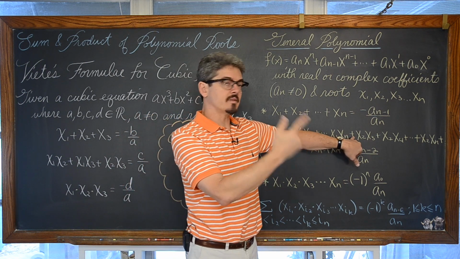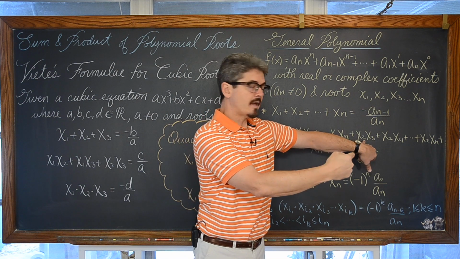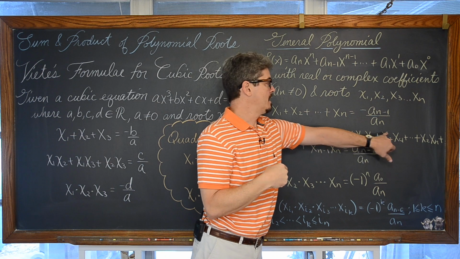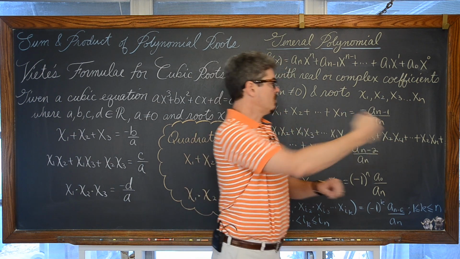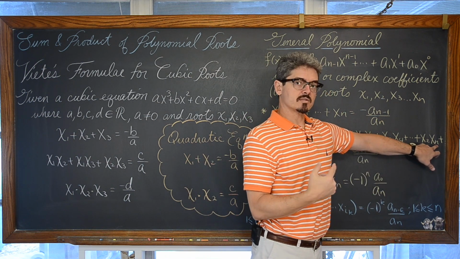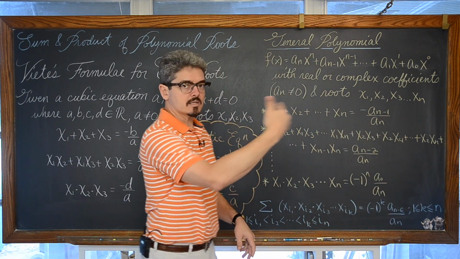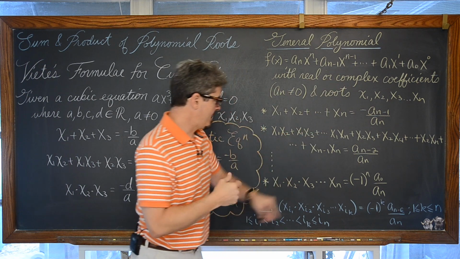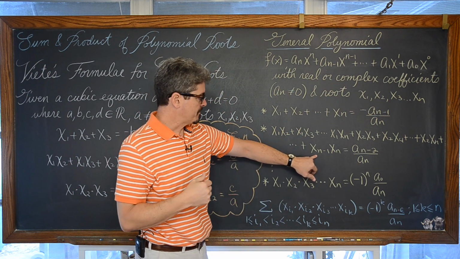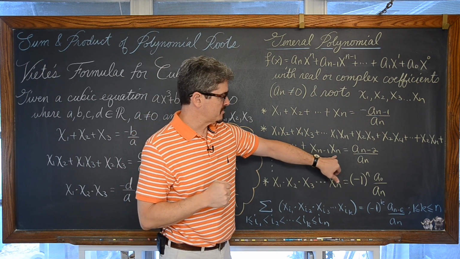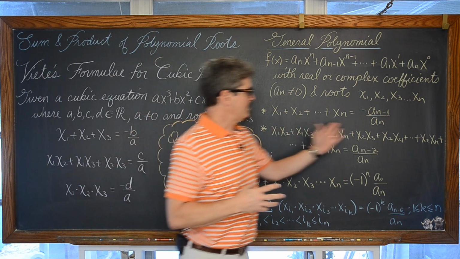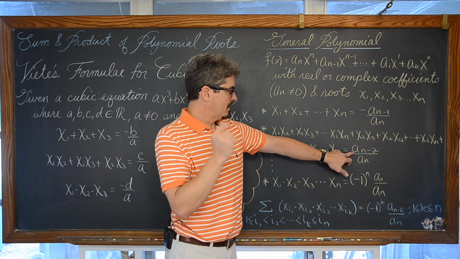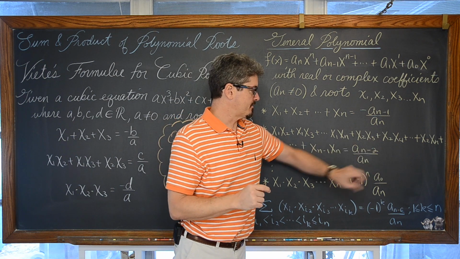And then you just pick up with now x sub 2 and start that going with x sub 2 times x sub 3. So you count up in those subscripts, x sub 2 times x sub 4, all the way till you get to x sub 2 times x sub n, and then plus x sub 3, x sub 4, x sub 5, each time starting at the next highest subscript and going till n, until you get that last product, which is x sub n minus 1 times x sub n. So this sort of combination of products and sum is going to be equal to, well, a sub n minus 2 over a sub n.